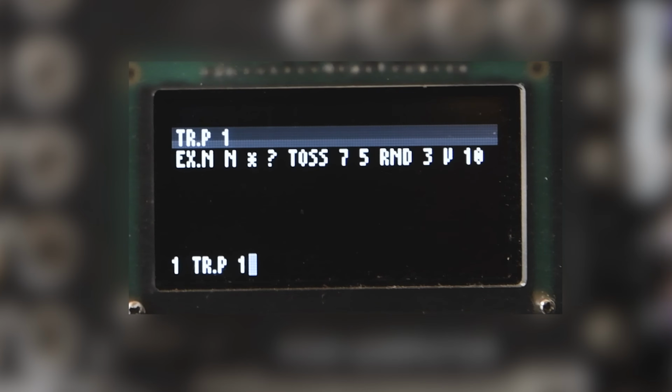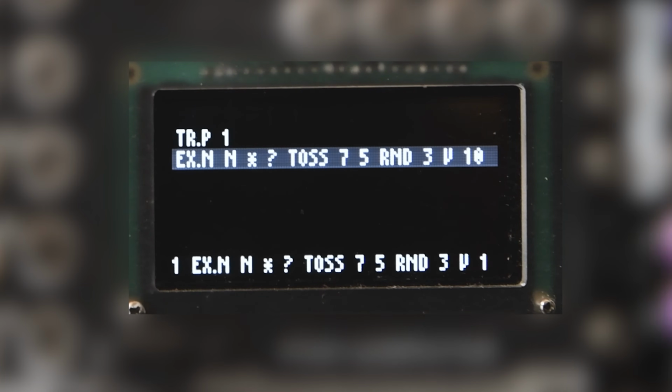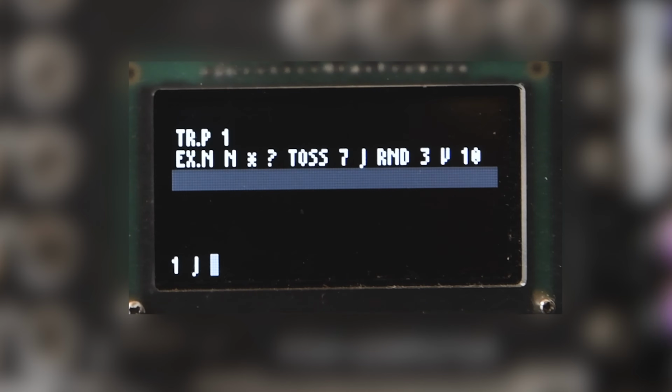And you can complexify this, you can make this more complex by using variables. So if I wanted 5 to be either 5 or 9, I could just do j, which is a local variable, and then I can say j is equal to